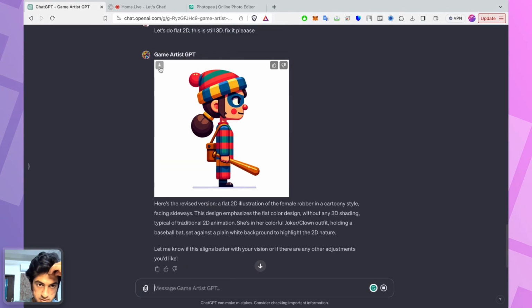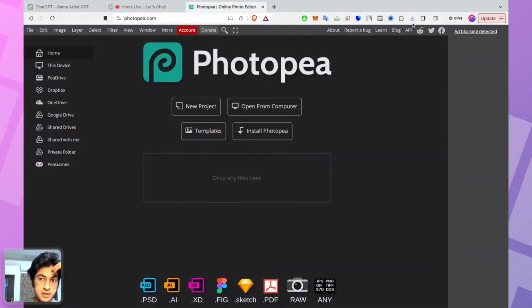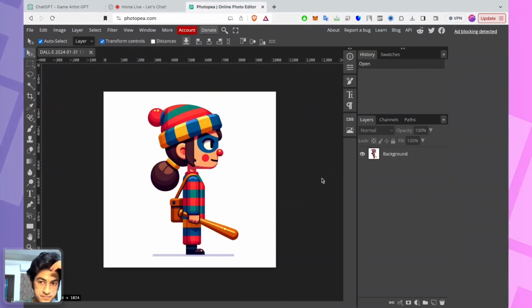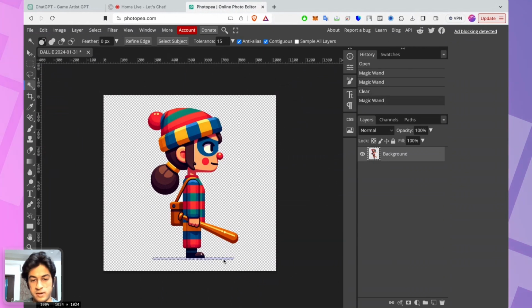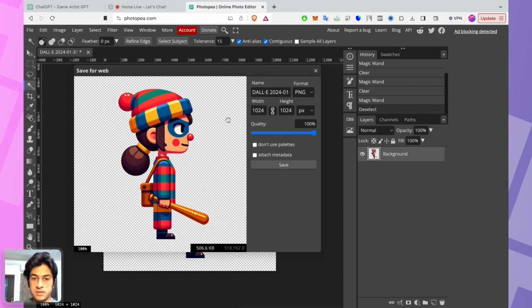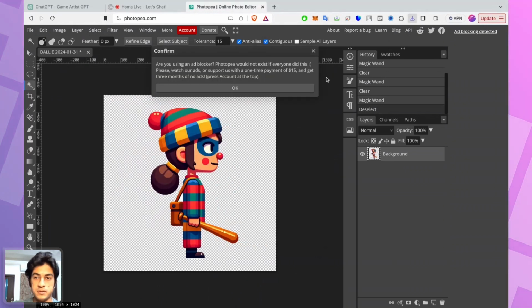But in the meanwhile, let's take this image, let's save it. Let's go to Photoshop. Let's drag it out here. And what we can do is clean the background, since we asked for a white background. We just do this. So we clean the background, and what we have now is a character that we can easily import into Unity. So we export it as a PNG into Unity, and I already have Unity set up with a basic scene. Okay, let's take it here, drag it out here.